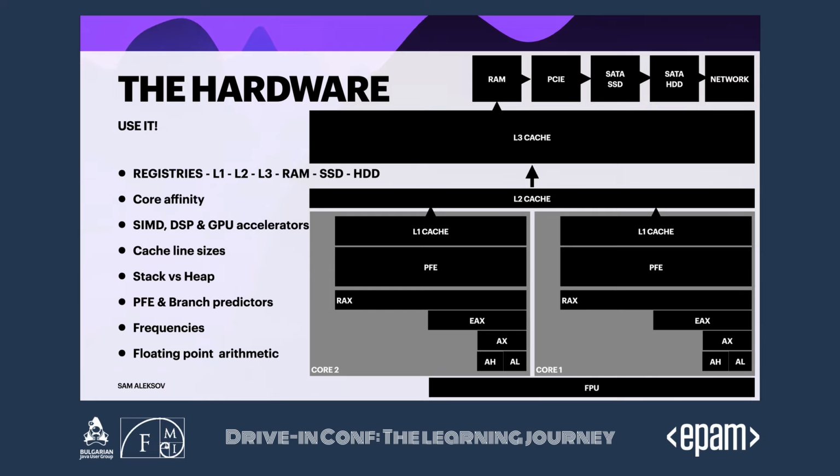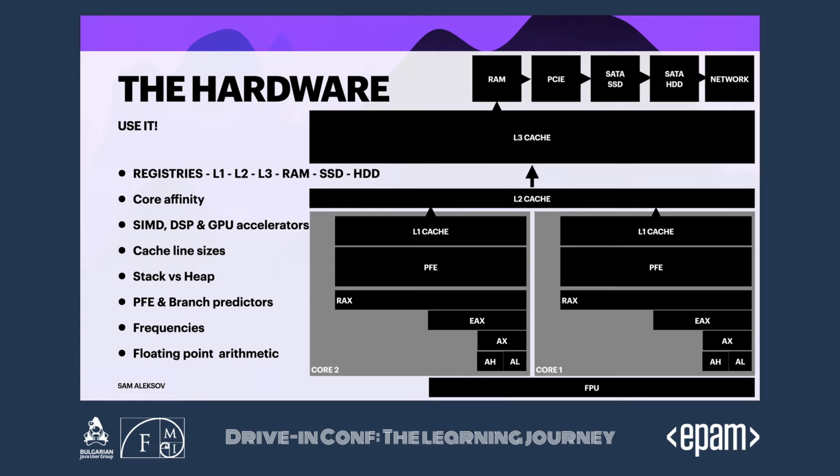So this is how Intel managed to maintain backwards compatibility of its software, just building on top of the 8-bit A register in the x86 architecture, and this register would be present on every core. Most of the time there would be a level 1 cache for every core. Sometimes they do share it, so this is very important, but the most recent processors have a dedicated L1 cache per core. Before that, there is a prefetch, a fetch, and execute cycle, which is very important. It also contains a branch predictor, and I'll explain why in just a second.